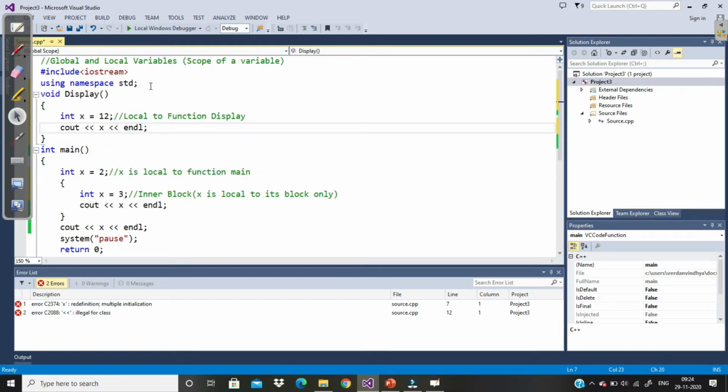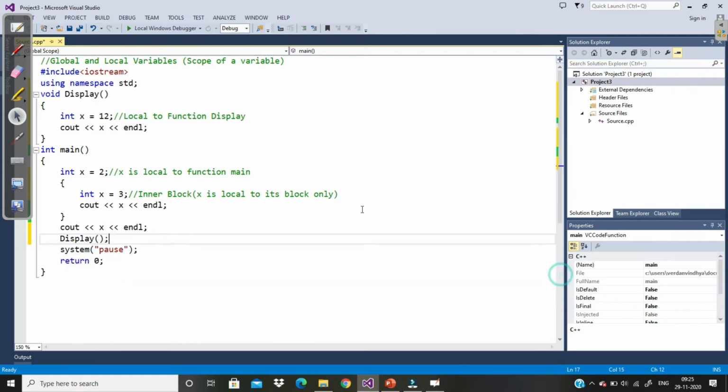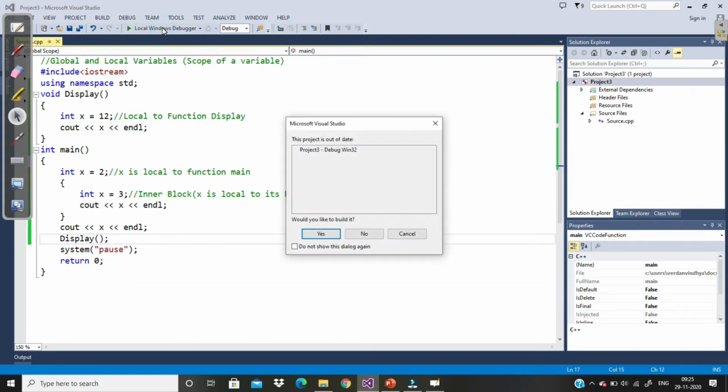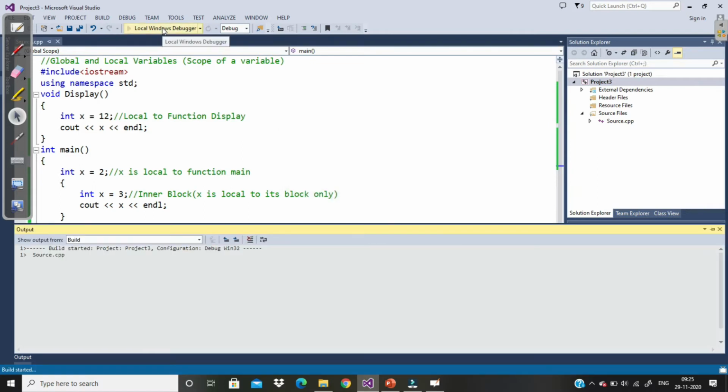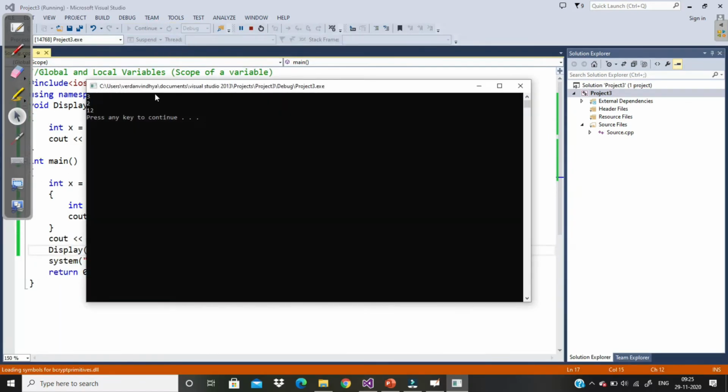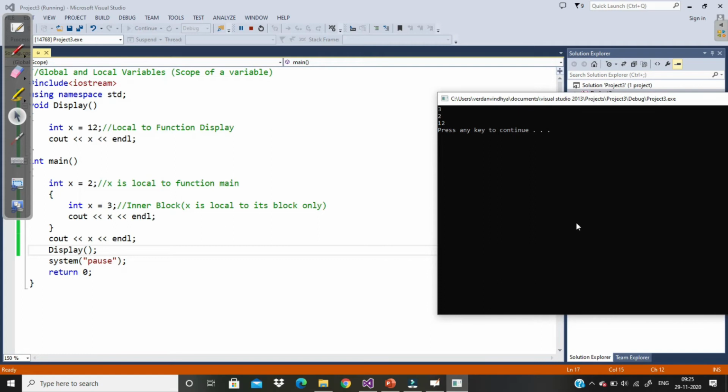So now when we call this function display here one more time, it is going to give us 12. So let's run it first. See, 3, 2 and 12. So this is a local variable.